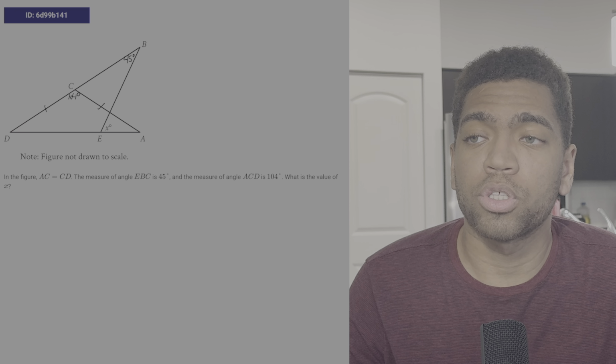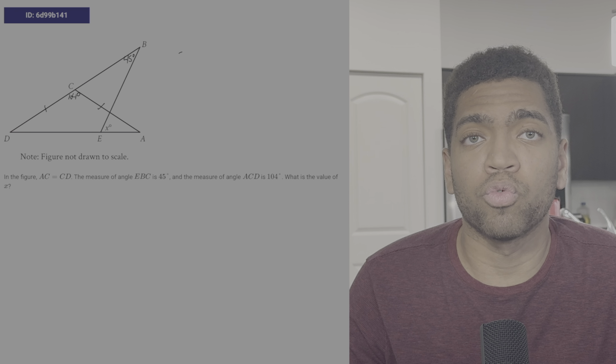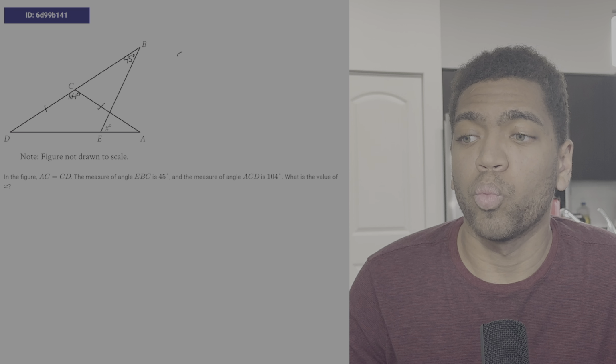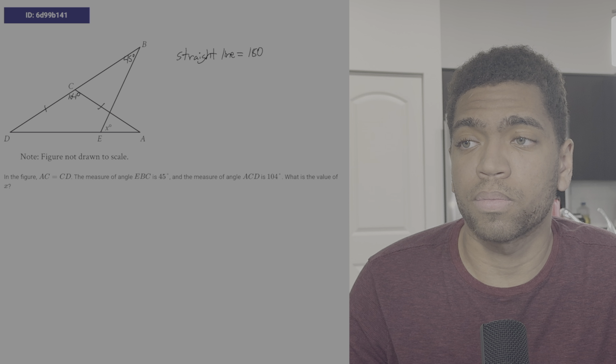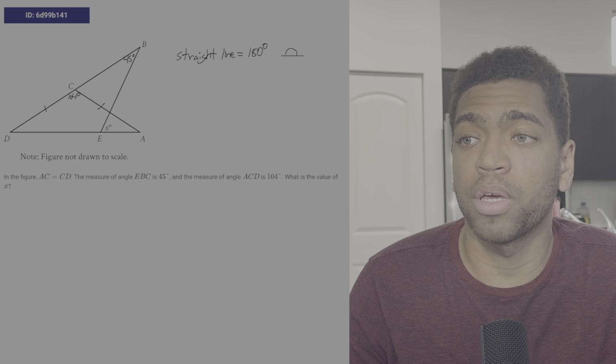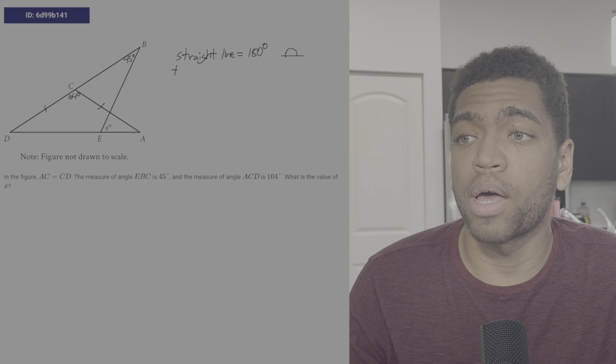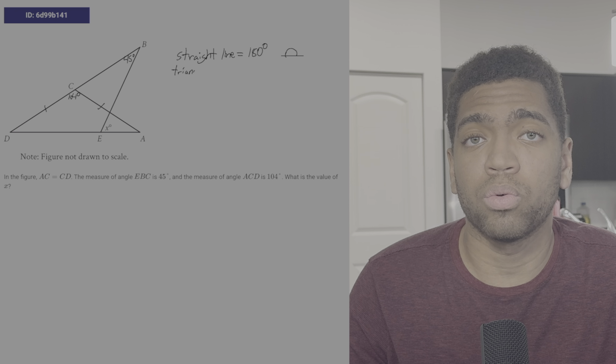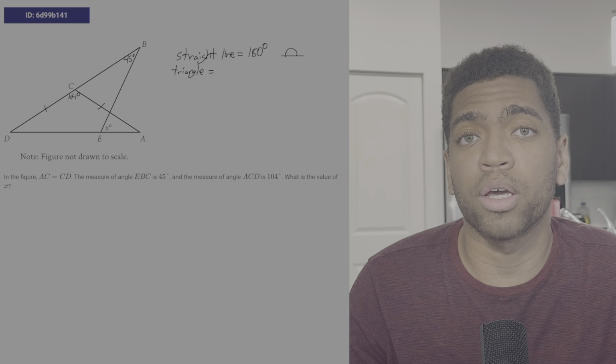So the first thing that we need to remember is we have a few rules that are going to be helpful to us, right? We know that a straight line is going to be equal to 180 degrees, right? So that's something that's going to be helpful throughout. We know that there are 180 degrees in a triangle, meaning all of the angles in a triangle will sum